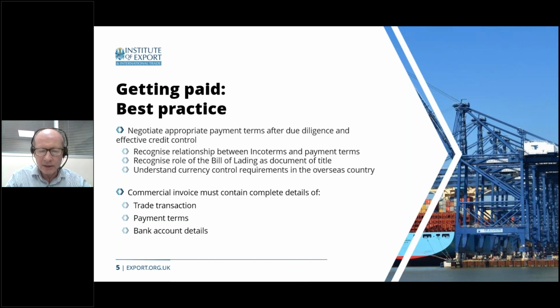So clearly, businesses should only negotiate appropriate payment terms after due diligence and effective credit control. And that's not just for the exporter. That due diligence also applies for importers carrying out due diligence on overseas suppliers. Do recognize there is a relationship between Incoterms and payment terms, and areas such as where control